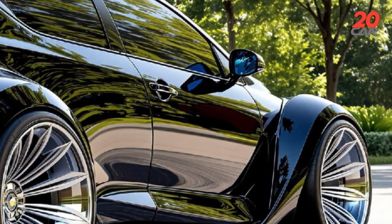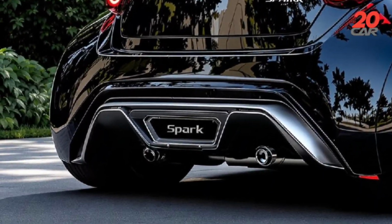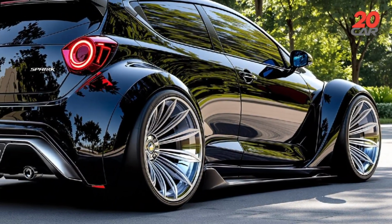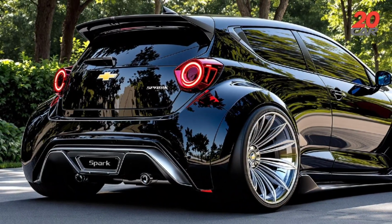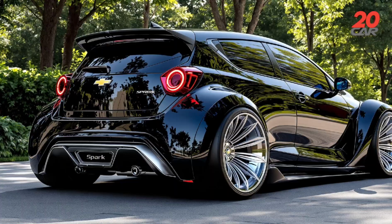Back to 20 car. The 2025 Chevrolet Spark Unofficial Concept is no longer the city dweller's humble companion, it's now a daring electric hatchback with attitude. Compact in size but colossal in character, it flaunts angular lines, a split-light signature with animated LEDs, and a gloss black aero kit. The glowing Spark Pulse Blue paint shifts hue under different light angles, making it a true urban